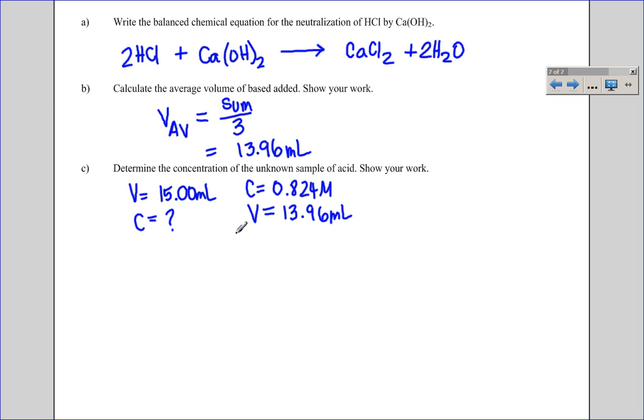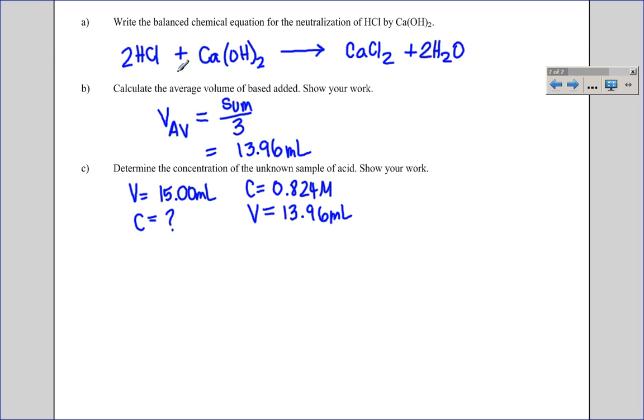Now at this stage, you may be very tempted just by the setup of the problem to use C1V1 equals C2V2. That formula is for dilutions. And that formula should be left only for dilutions because in that case, the moles of your original solution and your final solution are the same. Because of stoichiometry and the ratios in the balanced chemical equation, the ratio of the acid and the base is not always going to be 1-to-1. So I caution you to not use C1V1 equals C2V2 and to go through the process and find the moles